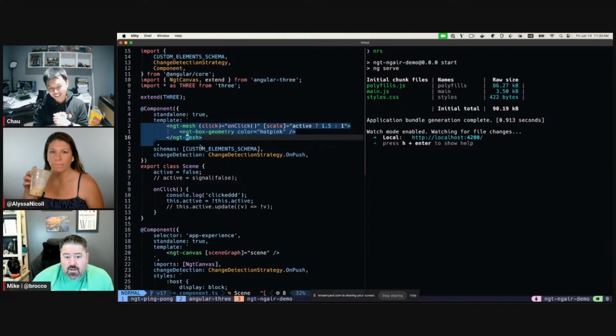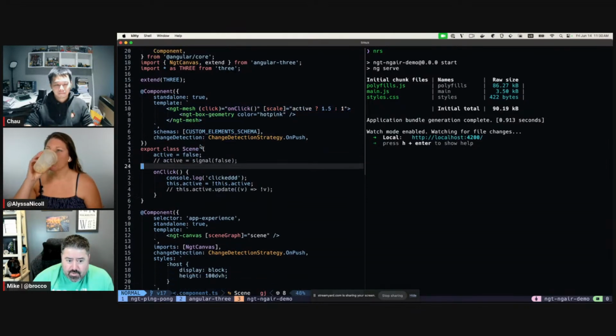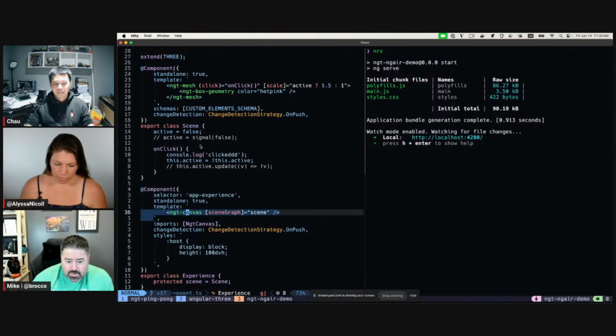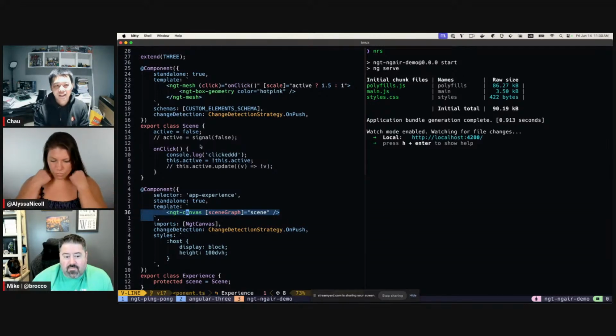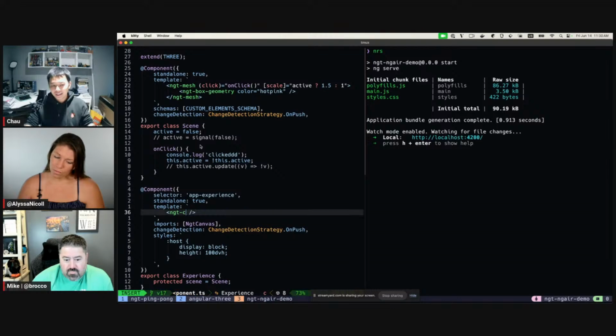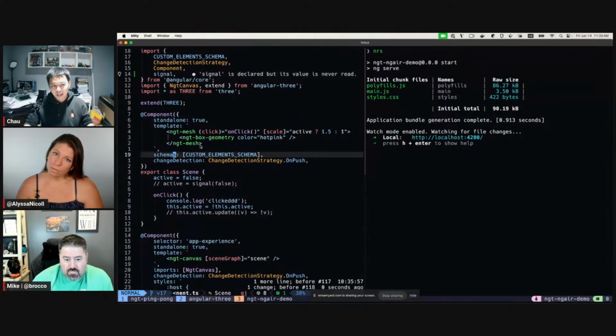Okay. Yeah. Remind me again where the canvas is created. Is that part of any top level piece? Oh, you already have the canvas. Okay. Yes, this is the NGT canvas component. This is the entry point into the Angular 3 territory. And with this NGT canvas, there's a reason why this is an input and not a template.